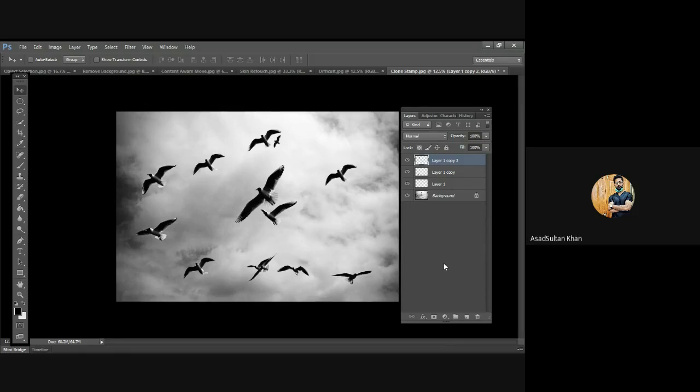I can add them up. I can flip them into horizontal and vertical planes. So there's a lot that he can do. And if anyone else looks at it, he or she can never really tell you it's a fake image or that it's edited in Photoshop. So this is the quick selection tool.